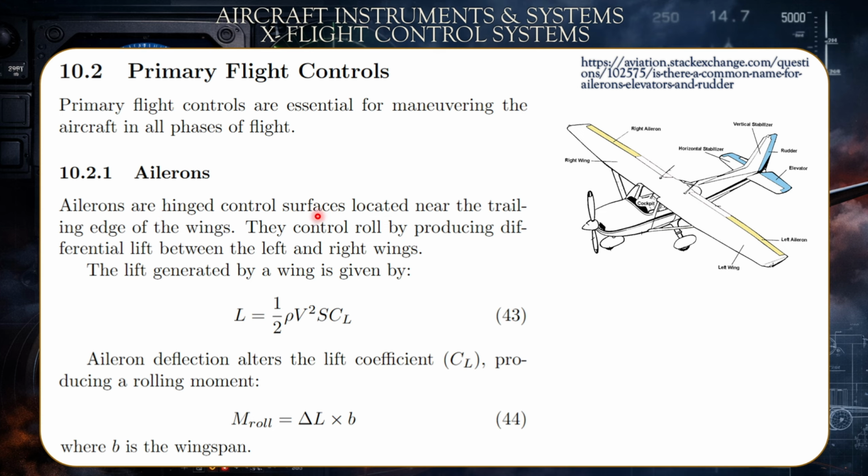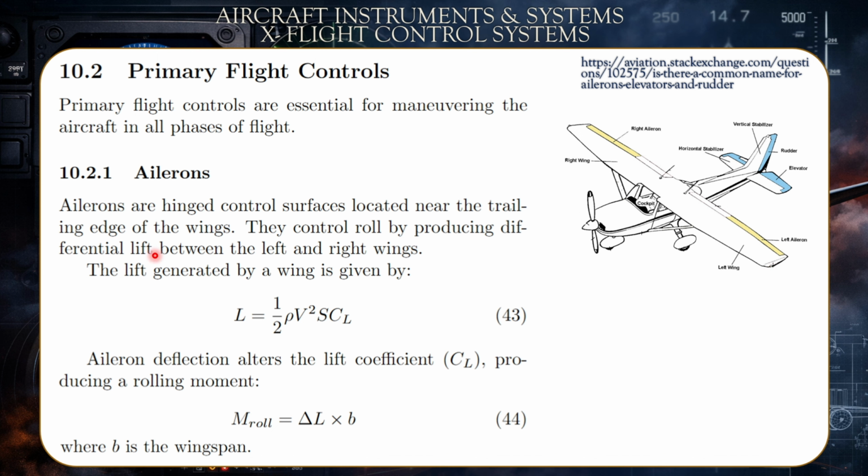Now, starting with the ailerons. Ailerons are hinged control surfaces located near the trailing edge of the wings. Here and here, these are the ailerons. They control roll by producing differential lift between the left and right wings. So one goes down, the other goes up. The air would push this one upward and this part downward, so it would roll to the left,